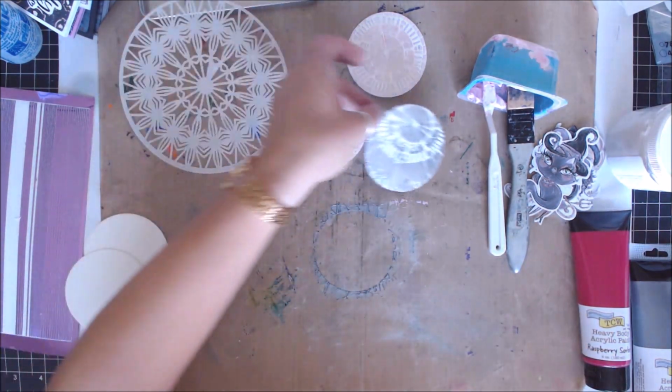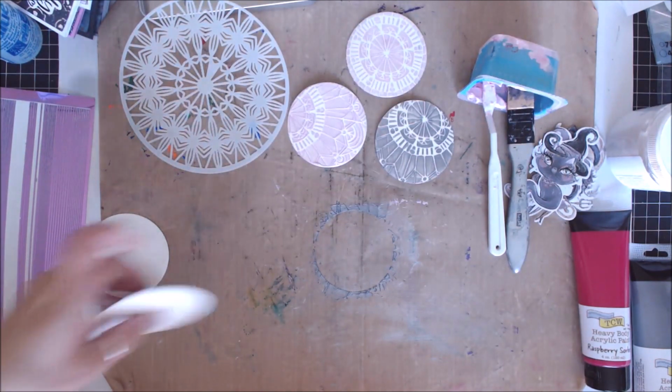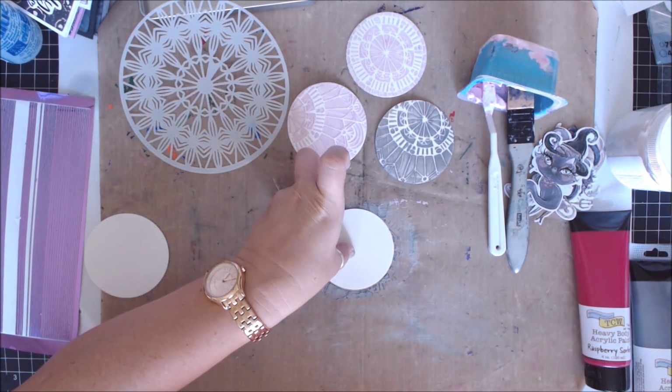And look, that's just so cool. I just love that. And it still has that kind of wispy look to it. I mean, it's just very cool. All right, so since I have this one out, we're going to switch gears and we're going to go to